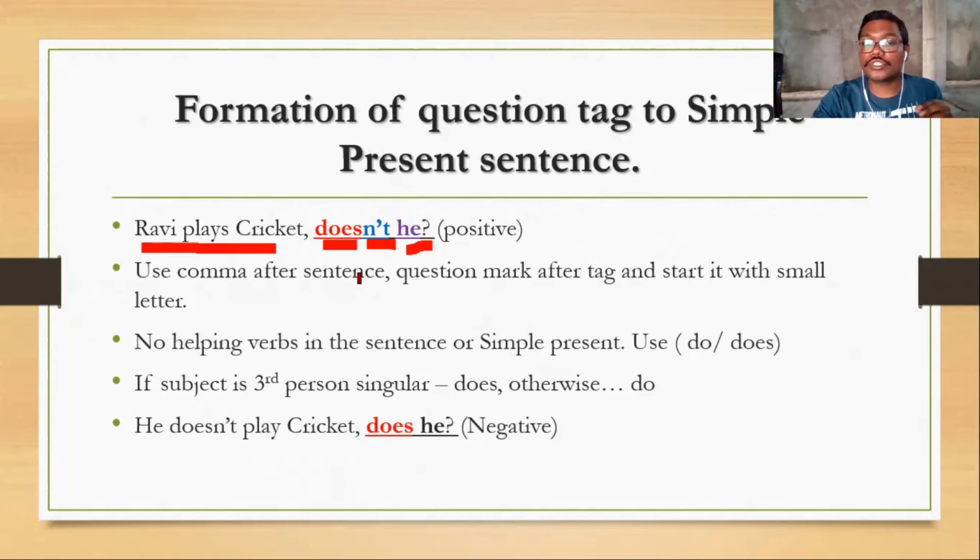So here use a comma after the sentence. This is very much important. For those who are studying SCRT Telangana and the school students, you compulsorily have to use a comma after the sentence. Many students leave the sentence there and write only the tag, keeping the question number. That will lead to a wrong answer. So remember, after the sentence put a comma, then write the tag.